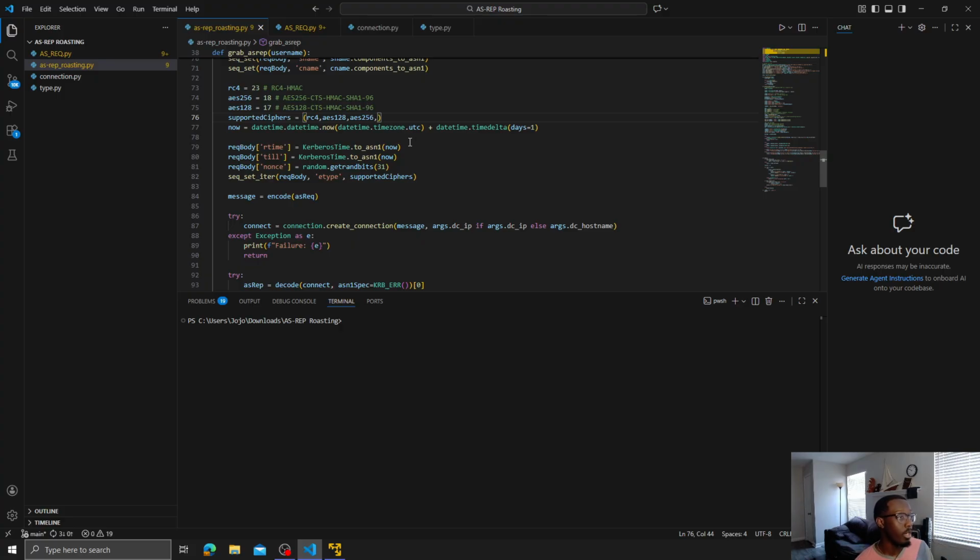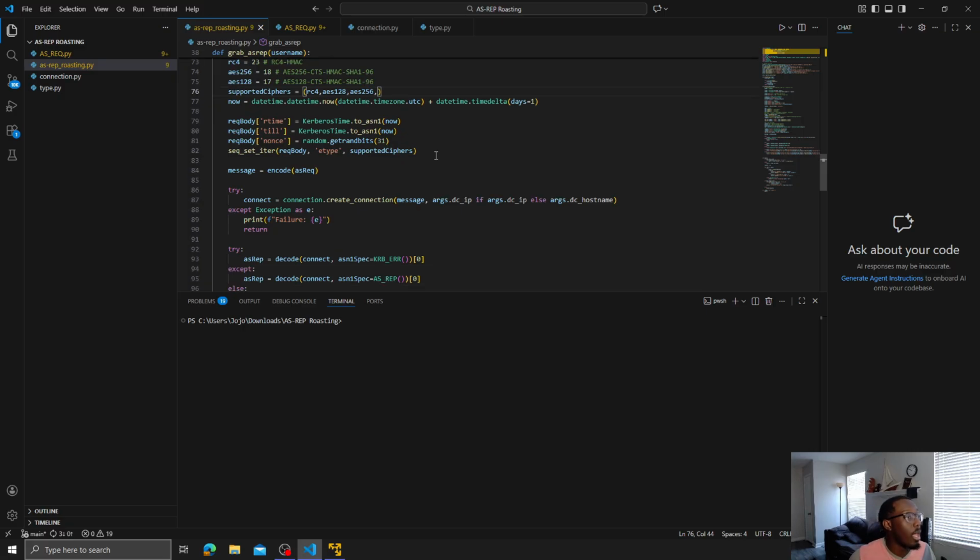And then from there, as I said prior, the nonce is just a random 32-bit value. So what it does is that it gets a random 32-bit value and then puts it in the nonce. And then we just explained what happens here. And then from there, we have to encode